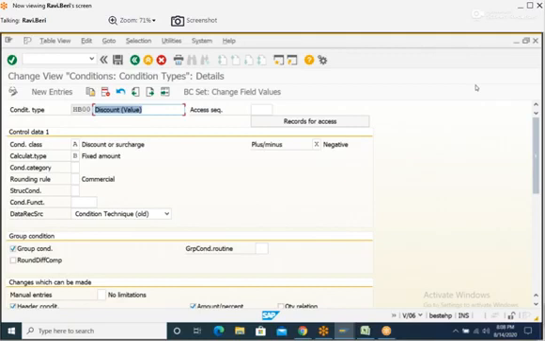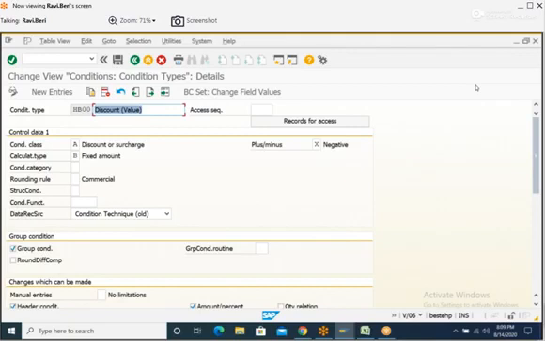Condition update, please concentrate. Condition update means restricting the condition records. Restricting means you are stopping that. Restricting the condition records up to a particular quantity or value or number of orders. If you give some quantity, you will get the discount only up to that particular quantity. If that quantity is reached, I think we discussed the example also, 50,000 or 10,000 something. If it reaches the quantity, then you don't get the discount. You're not supposed to get the discount.